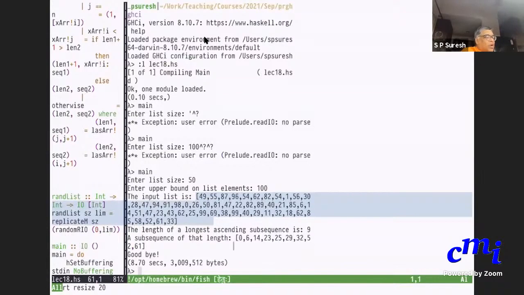It says the length of a longest ascending subsequence is 9. And amazingly, this is all it can find. I think 0 here, 0 here, 6 is here, 14 is here. That is 1 and this is 4.